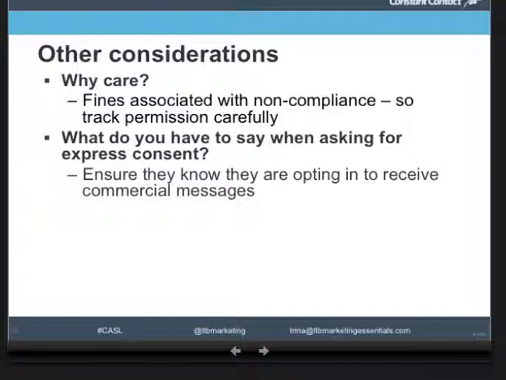And what do you have to say when you're asking for express consent? You must ensure that they're opting in, that they know they're opting in to receive commercial messages. So if you're at an event and they hand you their business card, you need to just say something like, you know what, I send out an email once a month. I've got some really fabulous tips that I think would be really beneficial for you. Or, hey, we've got a contest, and do you mind if I enter your email address in? You're going to be on our email list, and you'll be receiving a coupon once a month for some tire rotations and oil changes. And as long as they know, put a little check mark on the back of the card, maybe date it,